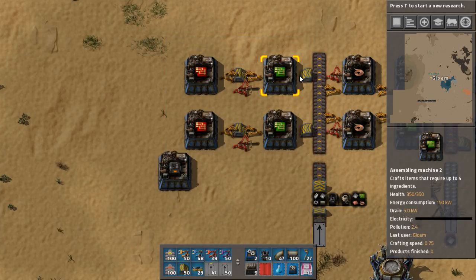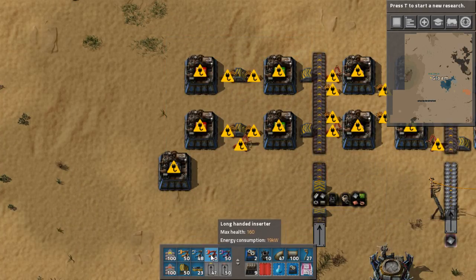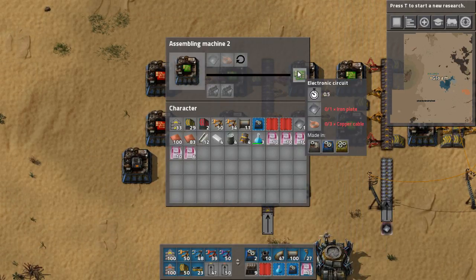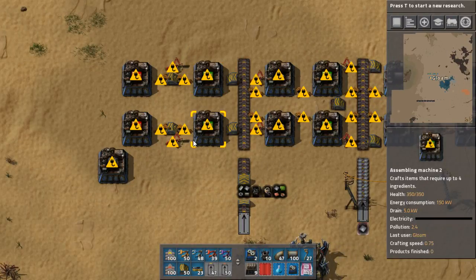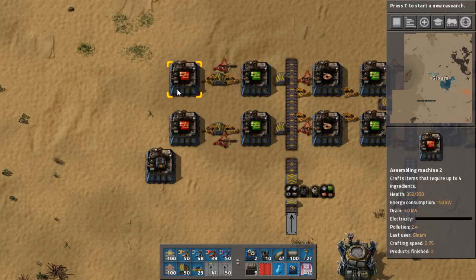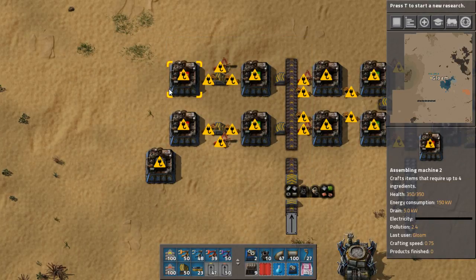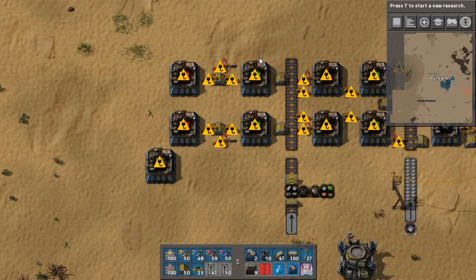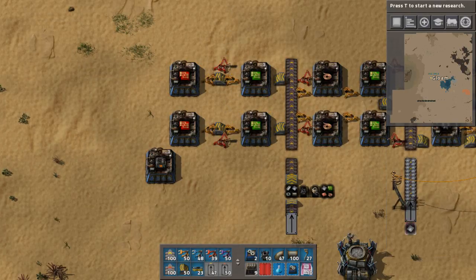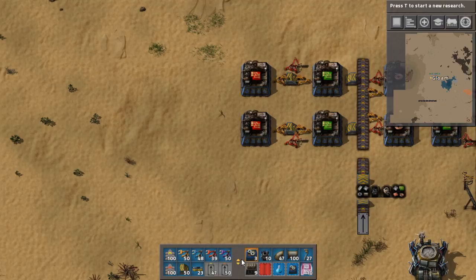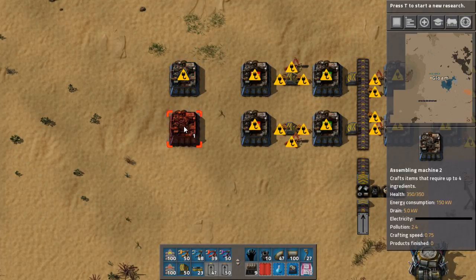Fine. Symmetry. Symmetry! Alright, the only other thing left for the electronic circuits is iron. Copper, the red circuits don't need any iron. Oh, yeah, we don't want to try and put the red circuits in the middle. Either way, we're looking at putting plastic coming up to the red circuits, or we're putting iron going up to the green circuits. And we'd rather have the red circuits insert directly into the